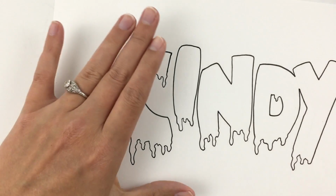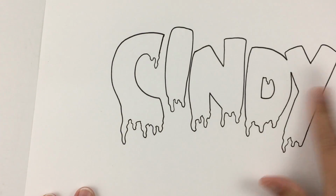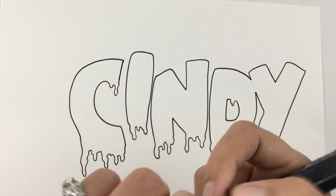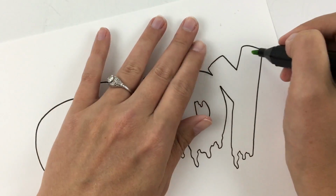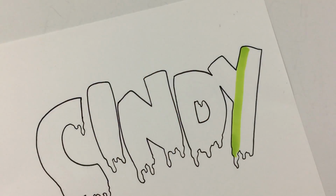This is just reminding me that I need to sweep eraser shavings all over my floor, because that's how I live my life. Okay, once you're relatively erased, this is where the fun part comes in. You color. So the way I did this is I'm just taking the chisel tip end, because I am not a master colorer. And if you are a master colorer with like stamps,